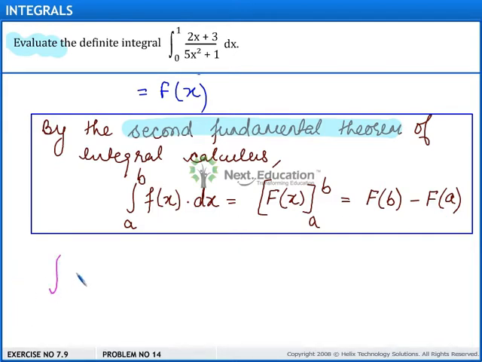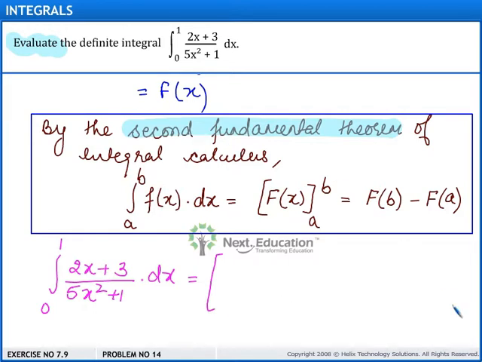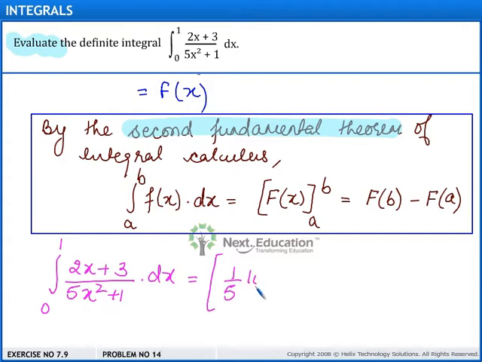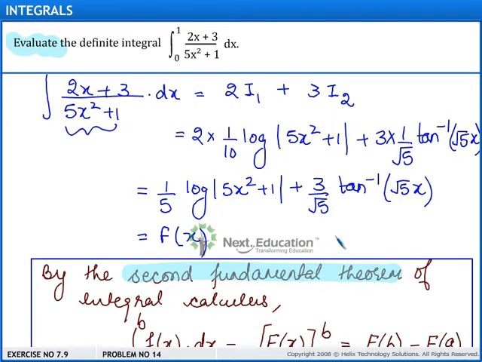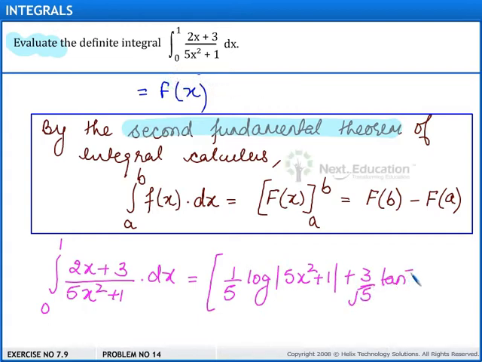Therefore, integral of (2x plus 3) divided by (5x square plus 1) into dx from 0 to 1 is equal to the antiderivative F(x), which is 1 upon 5 log mod of 5x square plus 1 plus 3 upon root 5 tan inverse of root 5x from 0 to 1,